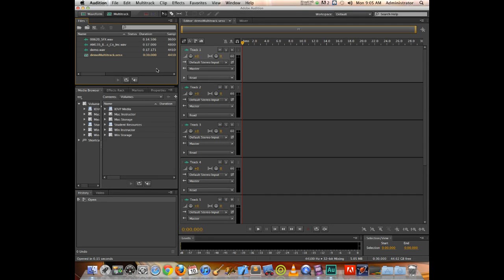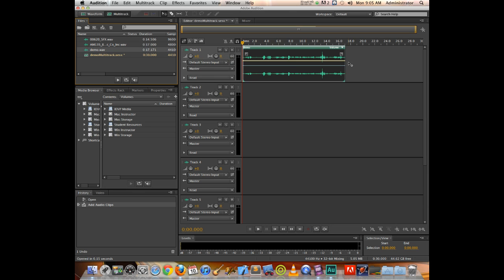Adding in the different files here. So I'm in my multi-track session, and we notice it's not a wave, but it's a session file, SESX. If I want to add in my recorded voice, I can just drag it over, and we can see it adds that in. If I want to add in my music,